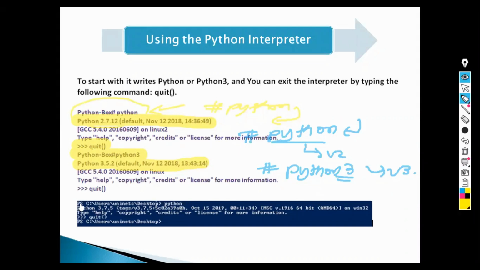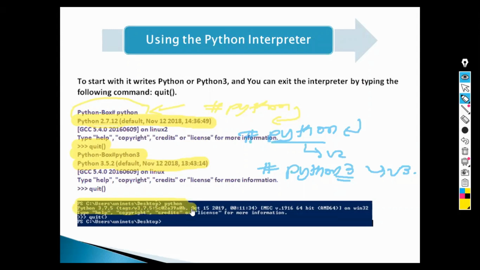Okay, so this screen is showing the Windows PC. If you are using Windows and installing Python, you can specify whether you are installing Python 3 or Python 2. We will install Python 3, of course. We will work on Python 3 only. So when you write the python keyword on the desktop, it will enter the Python which has been installed on your PC, because we have installed Python 3.7.5.